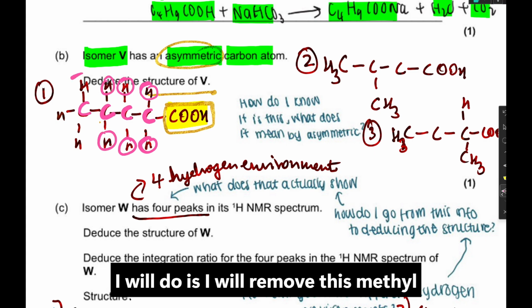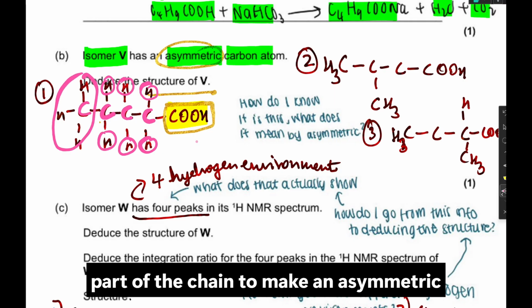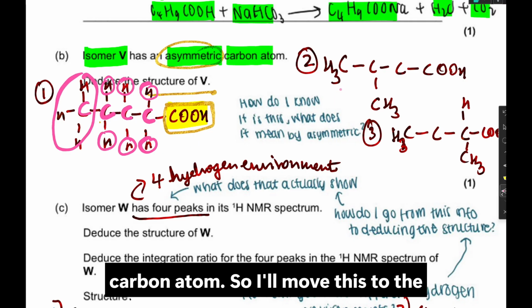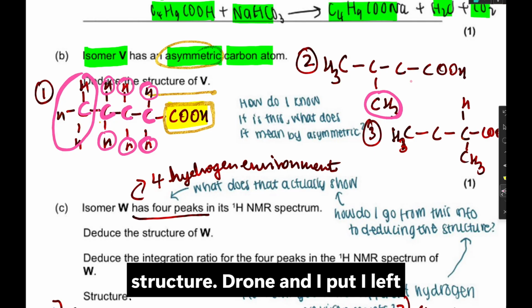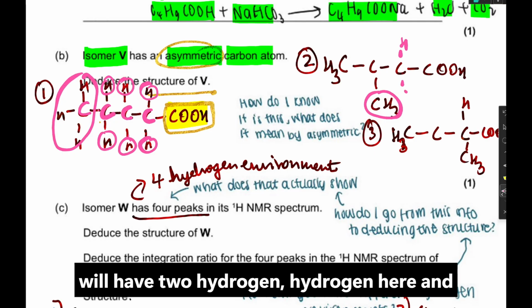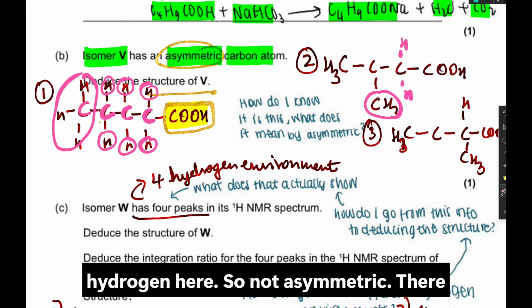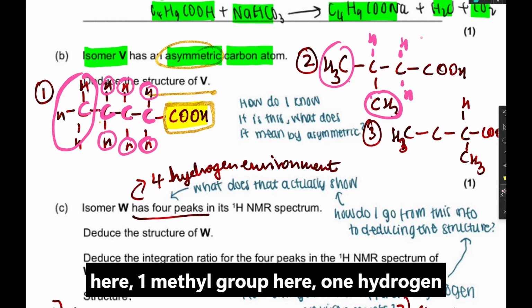So what I will do is I will remove this methyl group and I will attach it to a different part of the chain to make an asymmetric carbon atom. So I'll move this to the second carbon atom. If you see this second structure I have drawn, I left everything else as it is. So again, this will have two hydrogen here and hydrogen here, so not asymmetric. There are two methyl groups, one methyl group here, one methyl group here, one hydrogen and one of this group here,